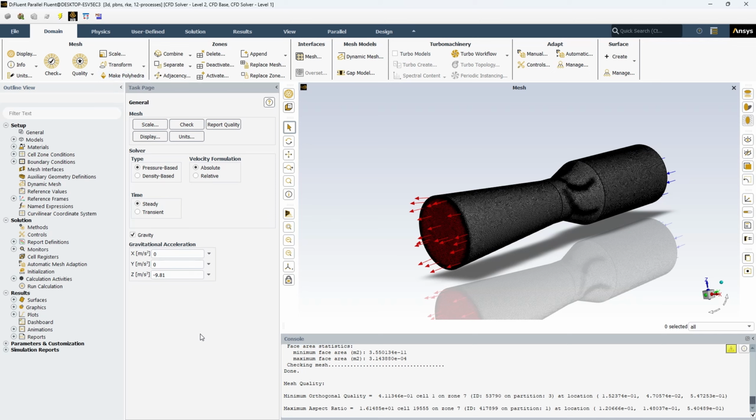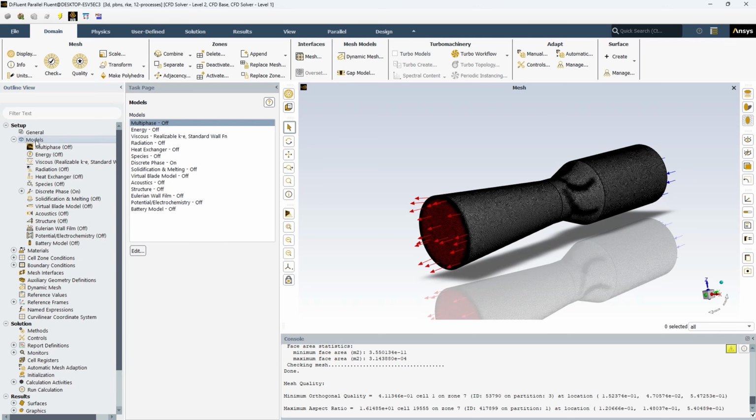ANSYS Fluent is a widely recognized software package that offers a diverse range of versatile models to address a wide variety of physical phenomena. The software boasts an impressive suite of turbulence models. Here, if you double click on the models, you can see the total models available in the software. Turbulence models including Reynolds-averaged Navier-Stokes or RANS, large eddy simulations or LES, and also direct numerical simulation, which is